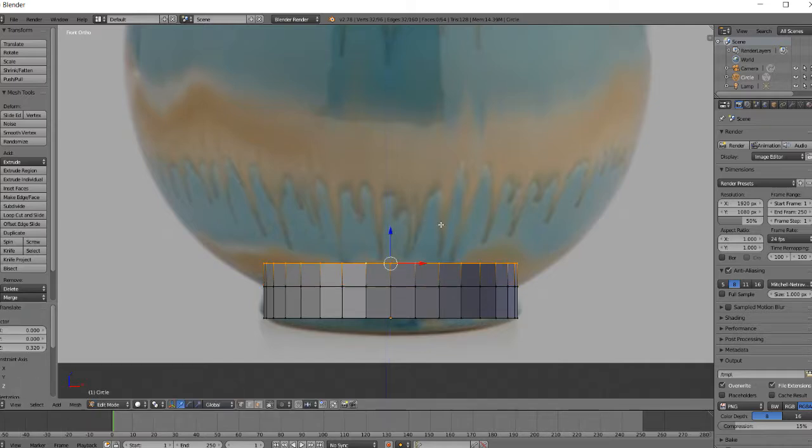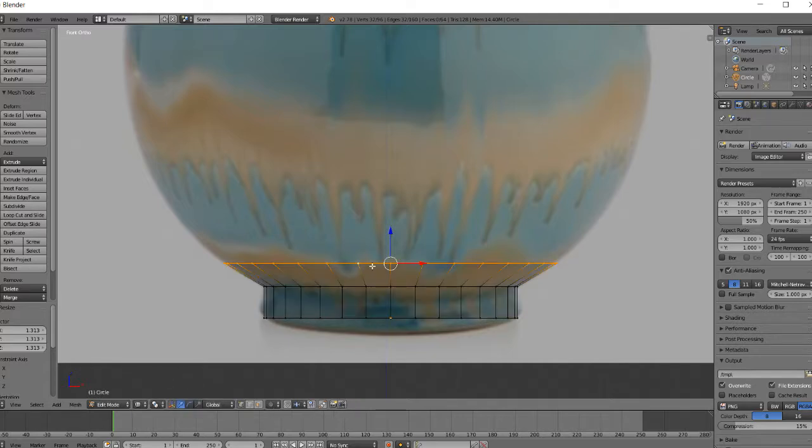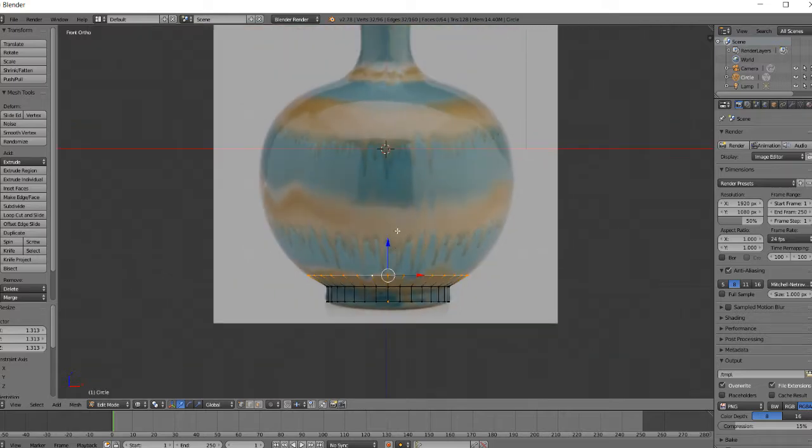And we're going to use the S button to size it, and we're going to size it around. The best way to do this is to go over here. Right now you're in solid, go to wireframe. Then you'll be able to see it. And we're going to do this all the way up. E, Z,